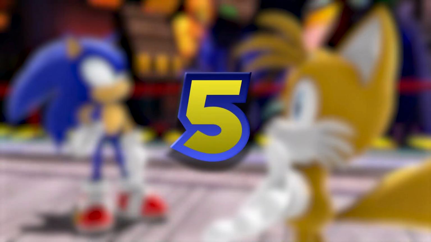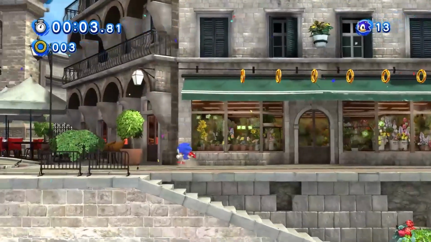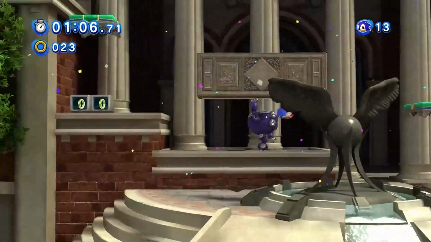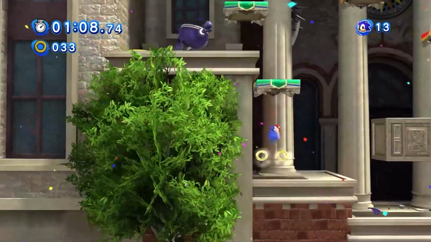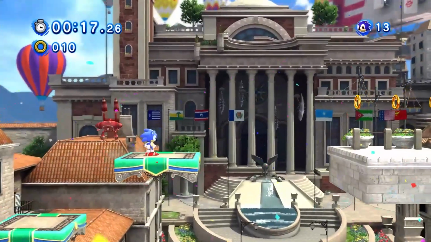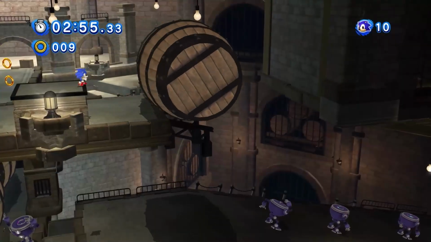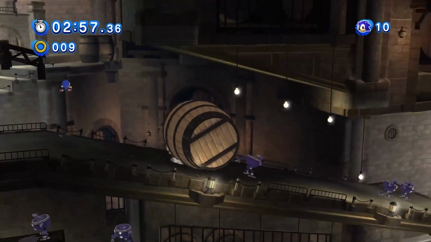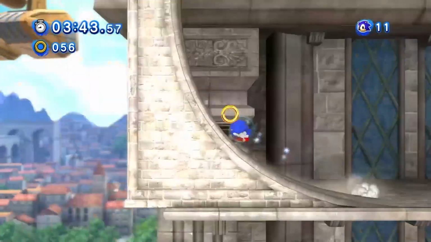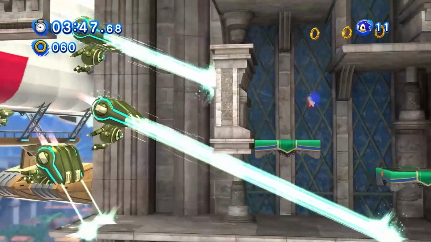In at number 5 is Rooftop Run Act 1. Rooftop Run Act 1 is awesome. We spend quite a bit of this stage outside of the Spagonia University. We've got lots of little references to Sonic Unleashed with the different national flags. And there are some really interesting platforming sections inside this, what I assume is a winery, as we've got these falling kegs. And then the best part is the clock tower ascent, where you're climbing up the clock tower of